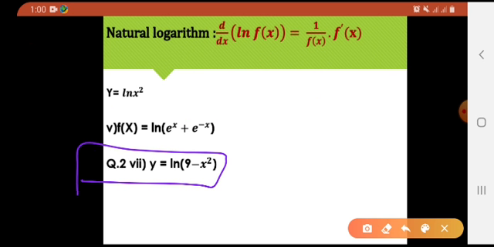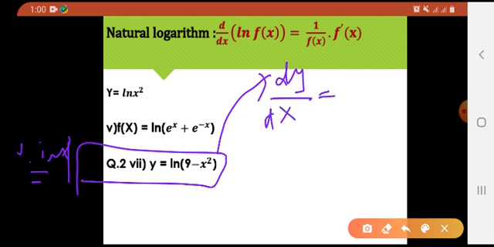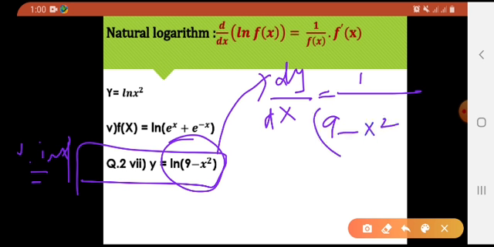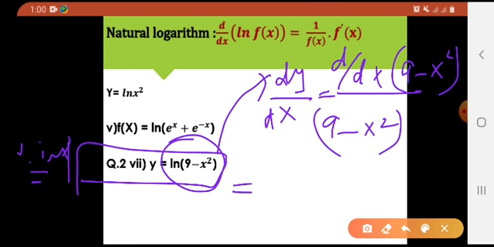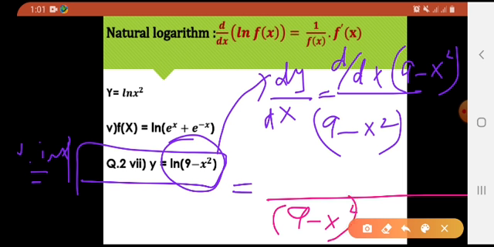Okay, look at the next part. Question number 2, seventh part है ये. Very very important from examination point of view. ये objective में आ जाता है अक्सर ही. आप past papers देखेंगे आपको नज़र आएगा ये. So it would be dy by dx equals to, what is the derivative of natural log of this thing? It would be 1 divided by 9 minus x square. Okay, fine. And further derivative of 9 minus x square, यानी जो आपका function है. Done. Okay, now let us write down over here the derivatives. 9 minus x square as it is आ जाएगा हमारे पास. Numerator में you can see 9 being the constant, so derivative of 9 with respect to x would be 0.